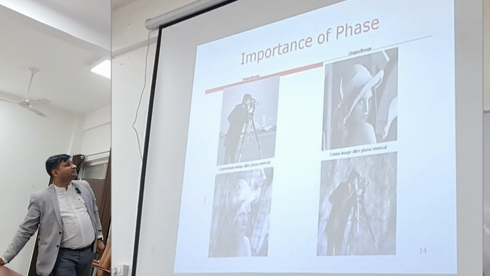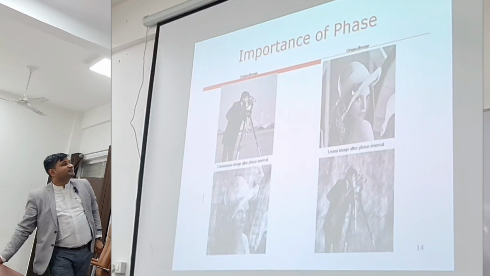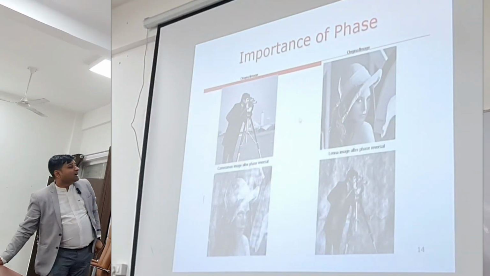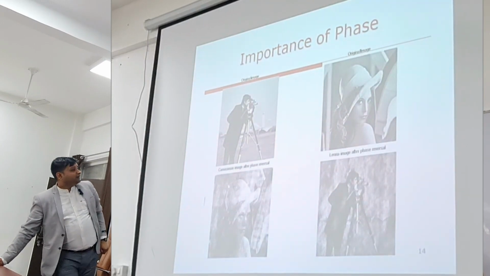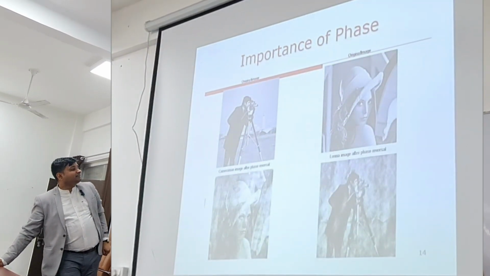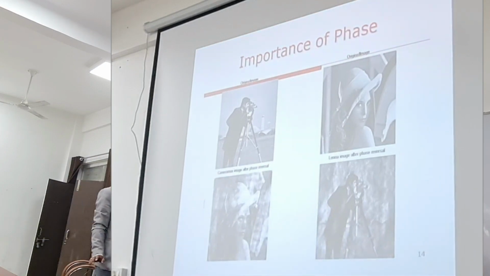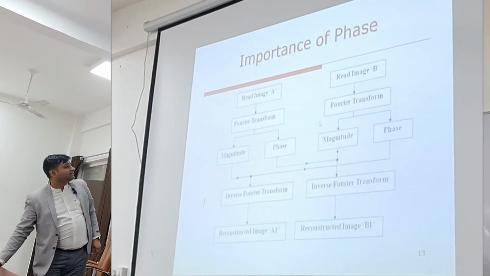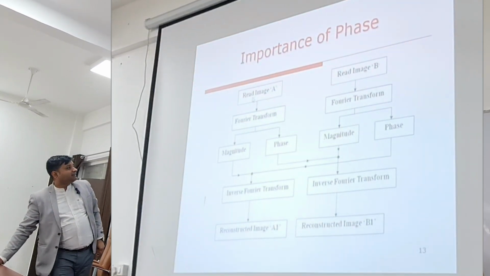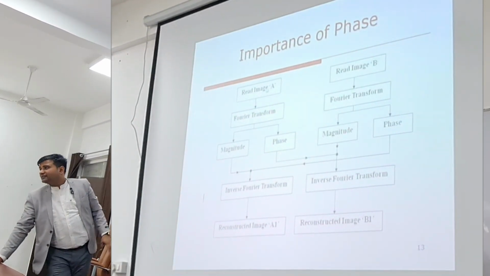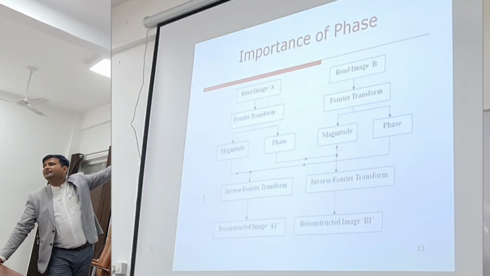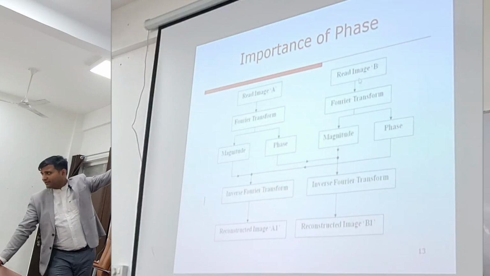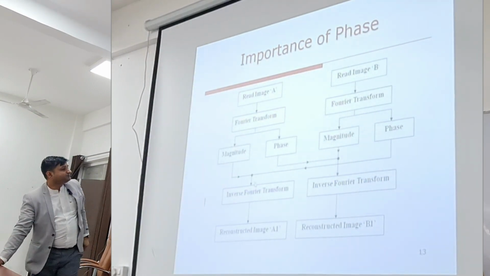You have taken an original image, this is the cameraman image, and another image denoted as B, this is the Lena image. After the transformation, you find the image after the phase reversal. Here two images are being merged. Read image A, which is the cameraman image, and read image B, which is the Lena image, and after the